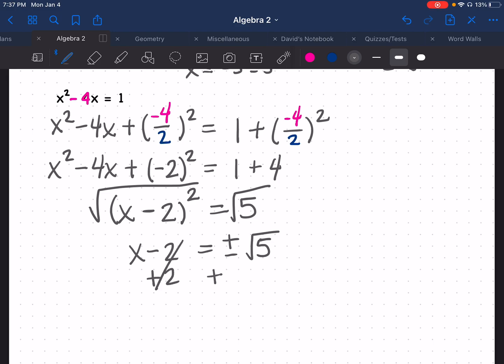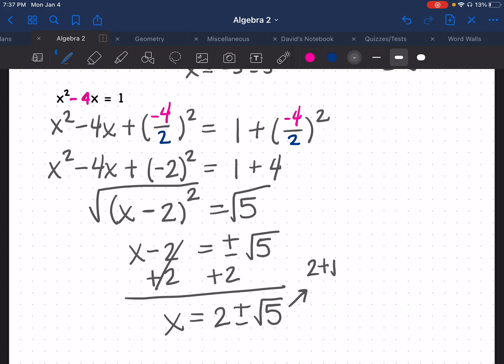I need to add 2 to both sides. Now, I'm not sure how Alex is going to ask you, but you could have 2 plus the square root of 5 or 2 minus the square root of 5. But since this one specifically asked me for my decimals, I'm going to go ahead and split them and say 2 plus the square root of 5, and that's going to give me about